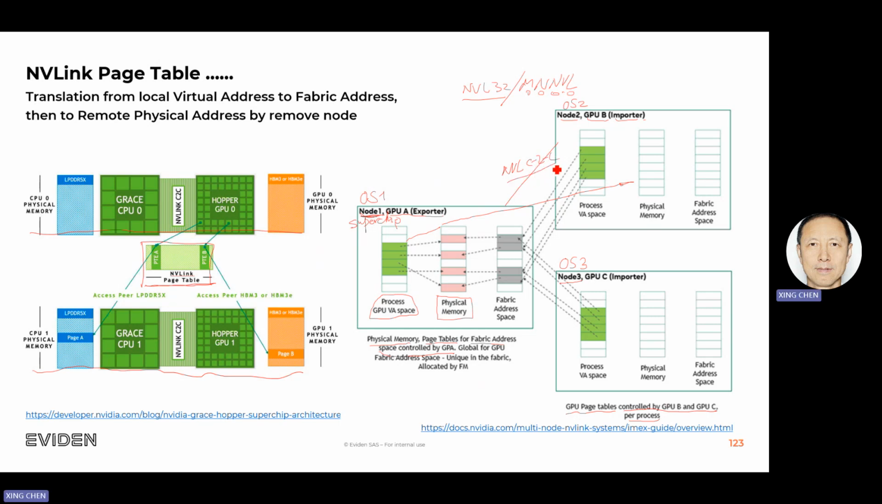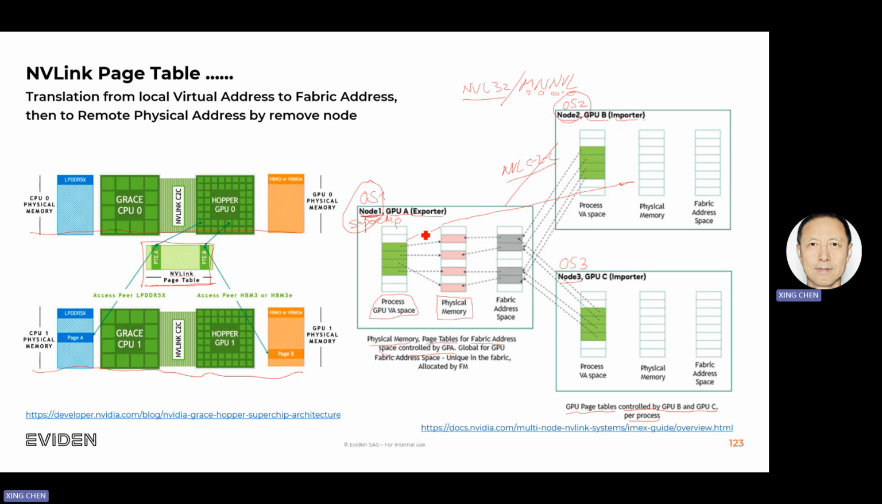By NVLink C2C, the virtual address in the page table could point to the physical memory of another node. But for our particular case, right now, it's not possible anymore. Why? Because right now you have two operating systems. You have this operating system and the second operating system. In this case, there is no possibility for this GPU